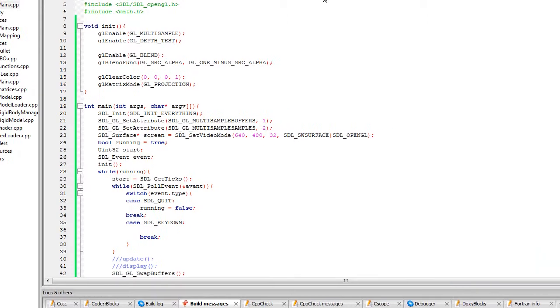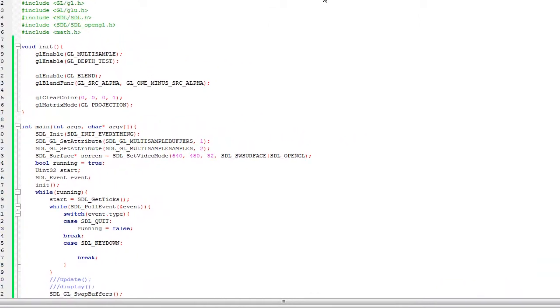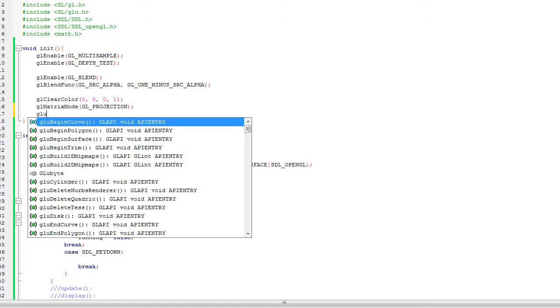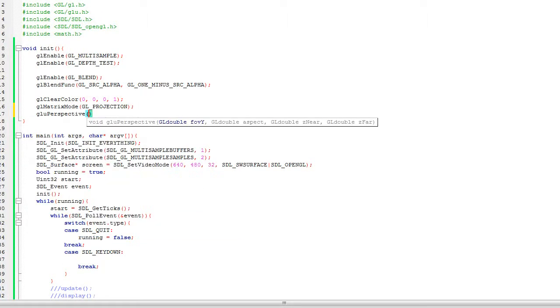But you'll know about that in about 2 seconds. But now I'll admit I've had some troubles with the function that we're going to use, which is called gluPerspective. I've had some troubles getting it working. But let's just see if it works really quick. Field of view is 45. Aspect ratio is